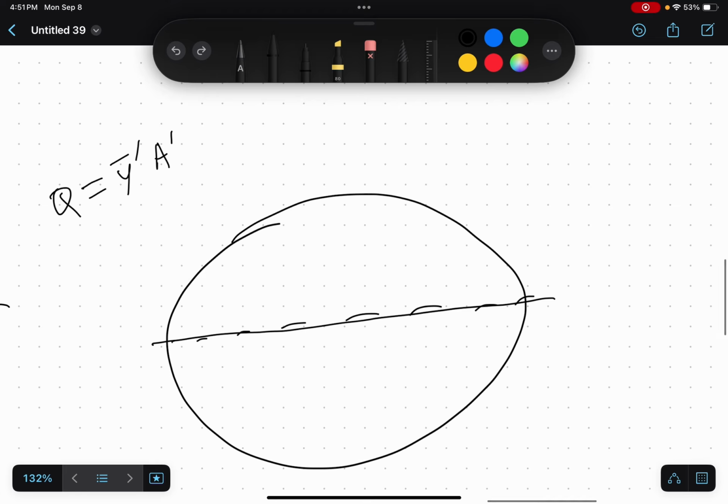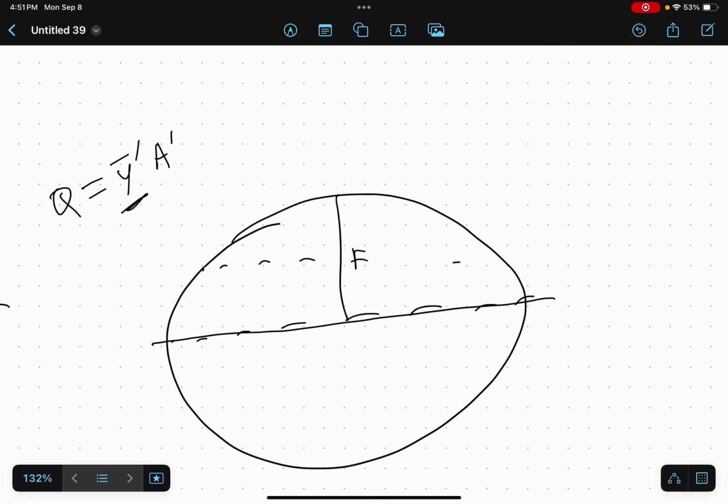So if you're right on the middle, y hat prime is, well, okay, step one, you get to pick either the top half or the bottom half. I'm just going to pick the top half, but you'll get the exact same answer whichever half you pick. So y prime is the weighted average height, I guess. So typically if this distance is r, like this distance is also r, you would think halfway is right at the middle, so right at r over 2. But since it's a circle,